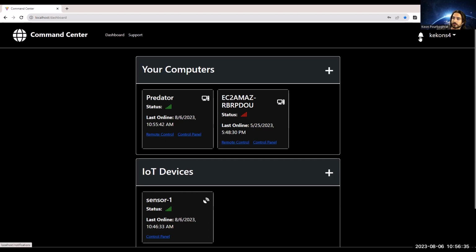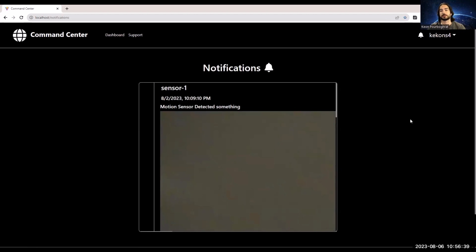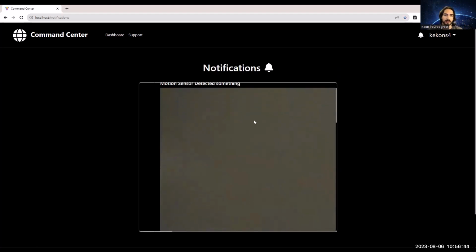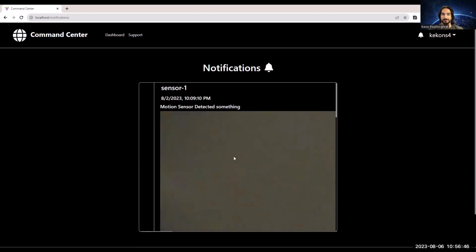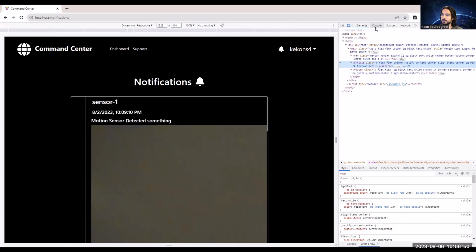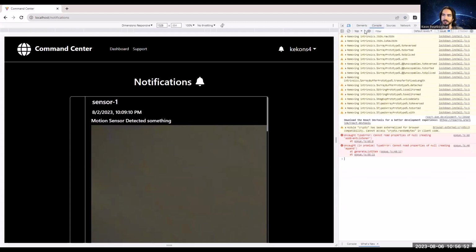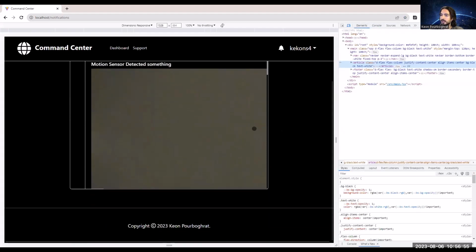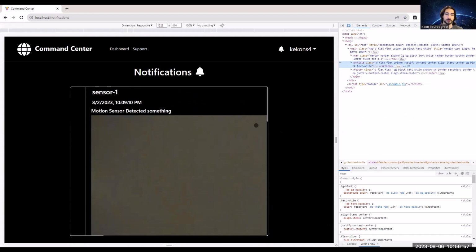One of the new things I created, actually, I forgot I even created this, is notifications. I have one IoT device set up and working. It's a little bit messy right now, but I have a notification sensor with an ultrasonic sensor, and when someone gets within range, let's say 50 centimeters away from the sensor,